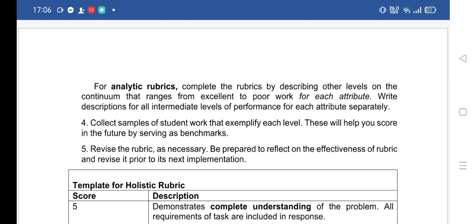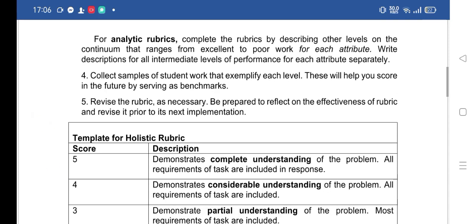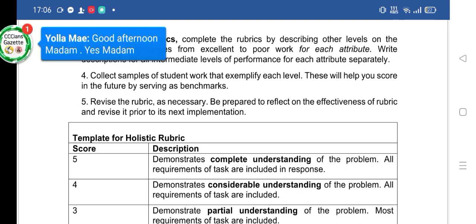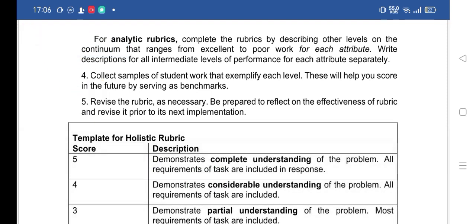So number 4, collect samples of students' work that exemplify each level. This will help you score in the future by serving as a benchmark. So it is essential for the teacher to collect the students' work upon having those kinds of outputs to be graded